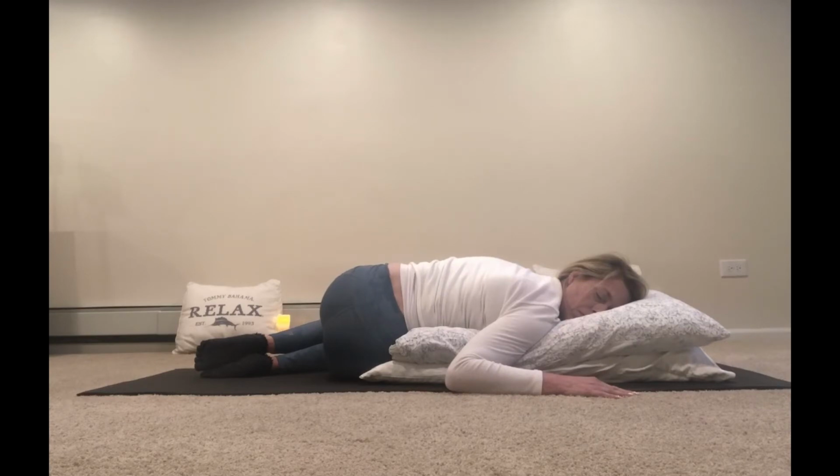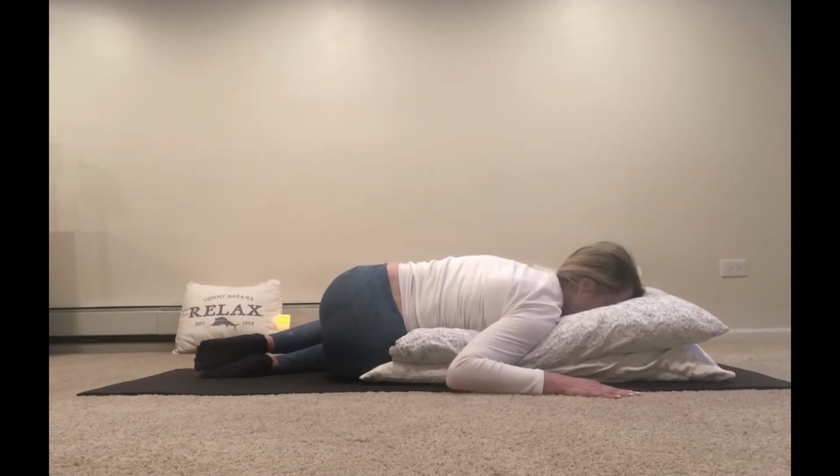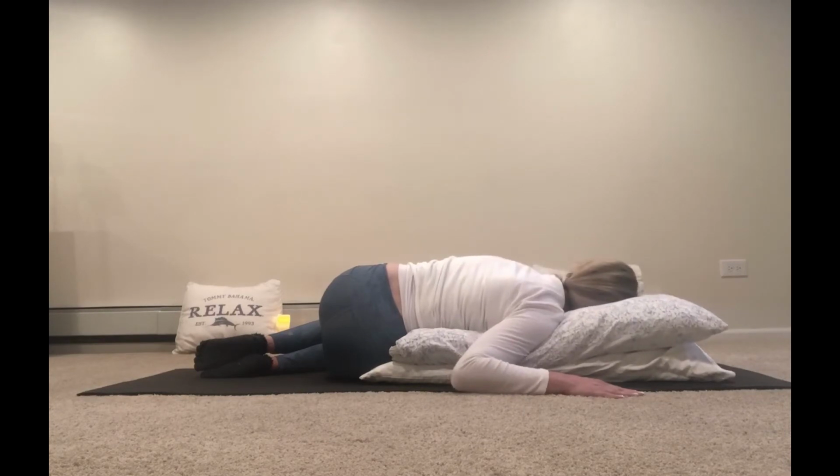We feel the tension melting from our side body and our lower back. And maybe with that neck turned, we also feel that release. We may find that we can keep the neck longer on one side than the other. Or maybe we're not even able to turn our neck in that opposite direction today. That's okay. Figure out what's best for your practice